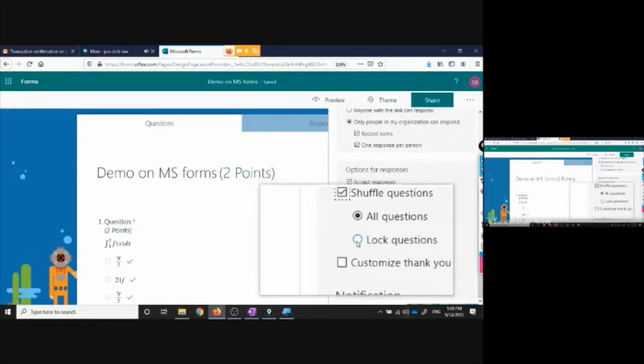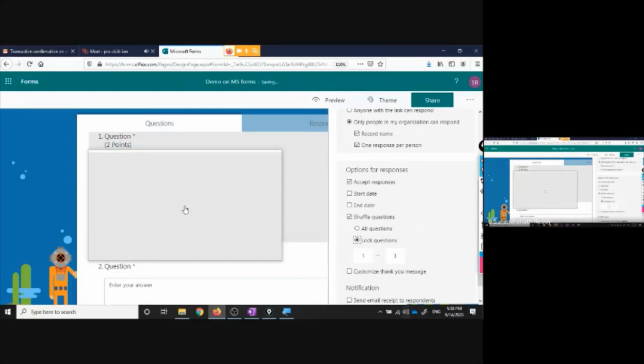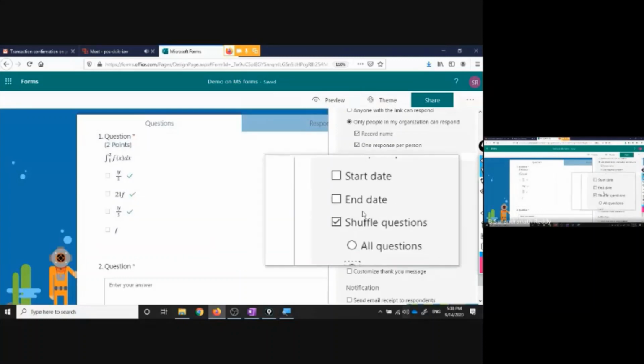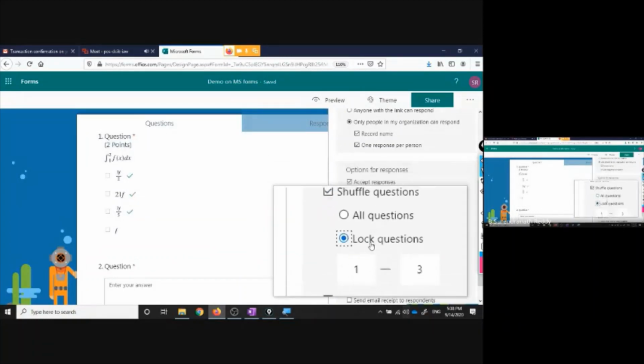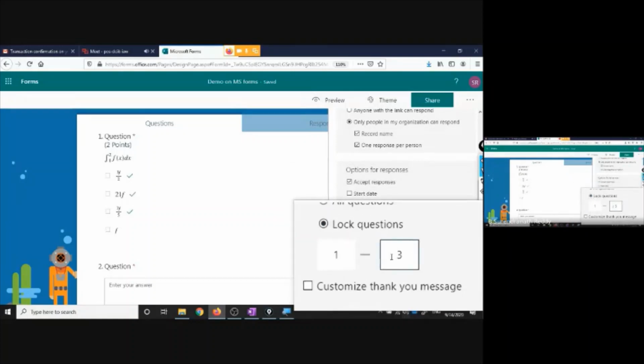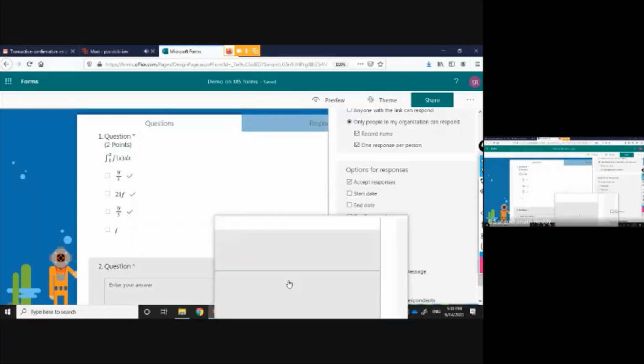Here you can lock questions. Suppose you have prepared a question paper. The first question is the name of the student, and the second question is the hall ticket number. In Google Forms, it also shuffles those. Okay, as far as I know, I may be wrong, but here you can lock question numbers 1 to 2. The moment I say lock 1 to 2, the first two questions will be locked.